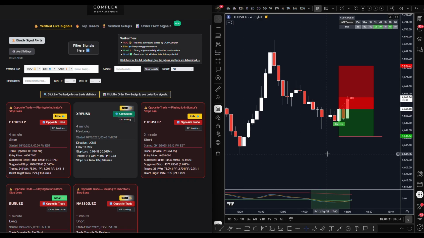So that's where time comes into play also. If a trade's playing out way too long and the data shows that the winners are always quick and the losers are always long, you can use that to get out. I know that's a lot of information for an opposite trade, but they're not the most straightforward to play. In comparison,